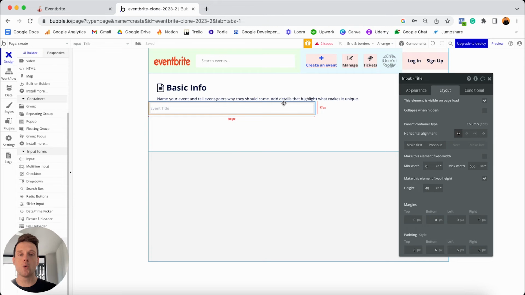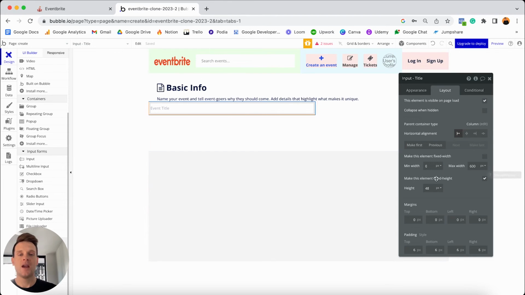When it comes to the height, I'm going to leave that as a fixed value at 48 pixels because I don't want this element to expand down. I'm always going to want it to be this exact height. But the only other thing I will change is the margins. I'm going to add in 20 pixels of margin at the top, 30 on the left and 30 on the